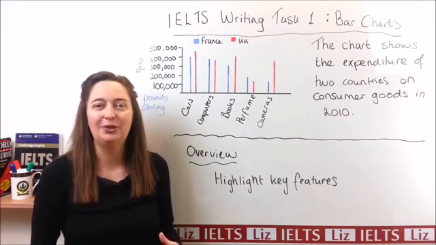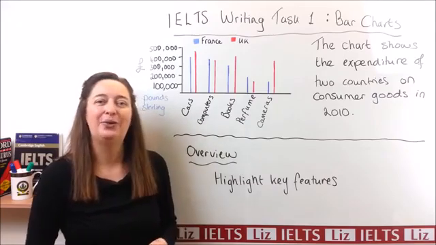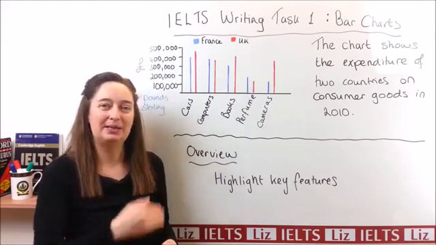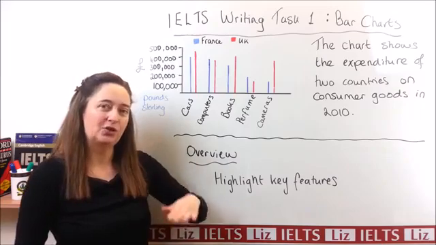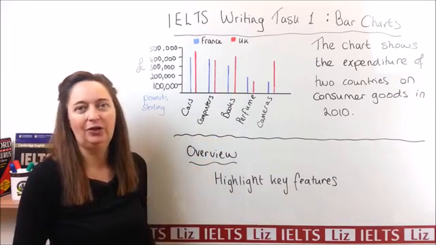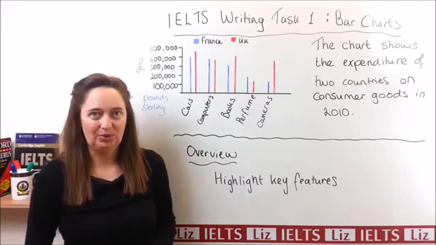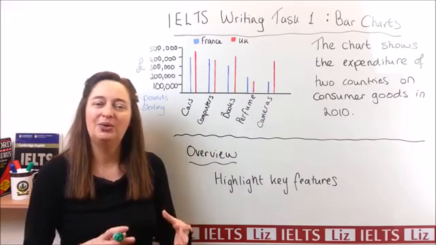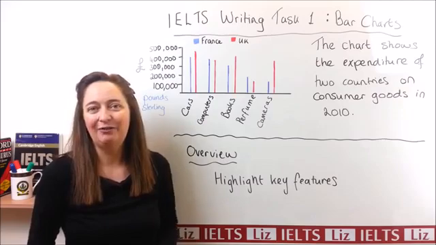If you have an overview, that's band score 6. If you have a clear overview, that's band score 7. So your band score will go up depending on this overview. So very important. Now, before I show you how to write your overview, let's have a look at what the